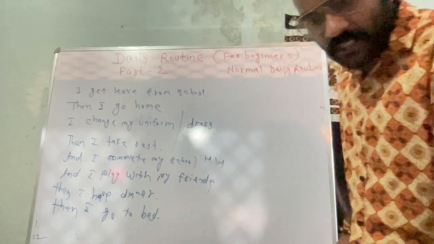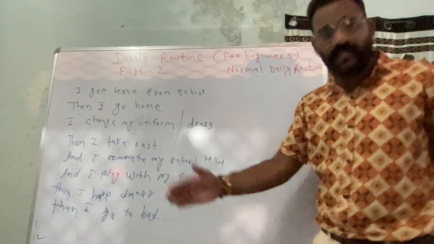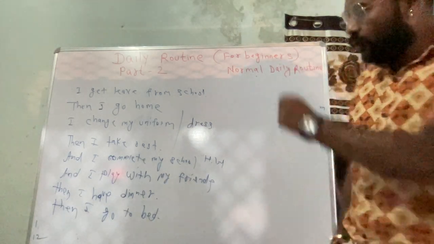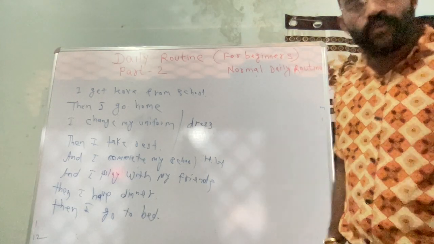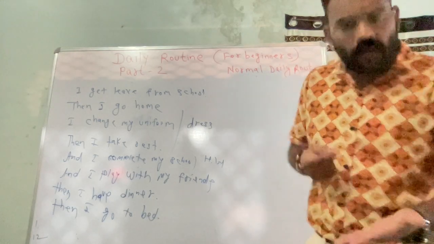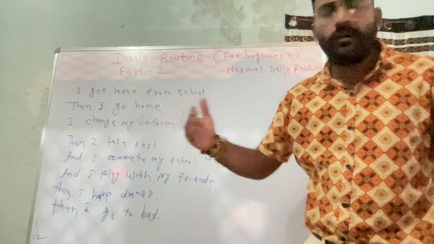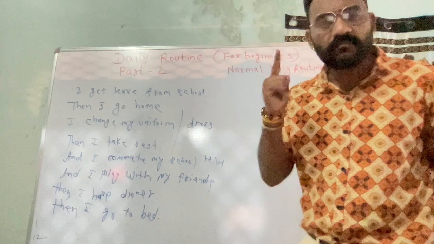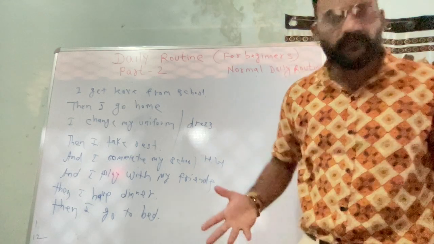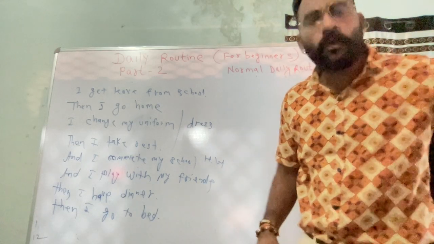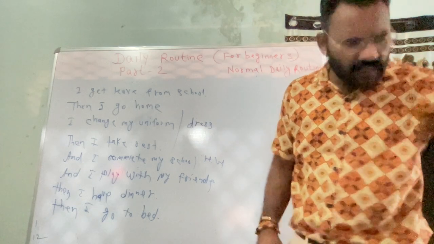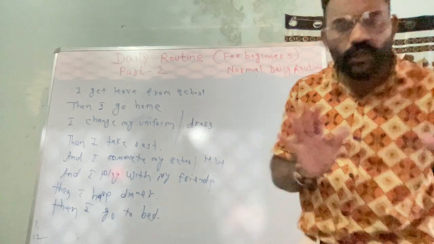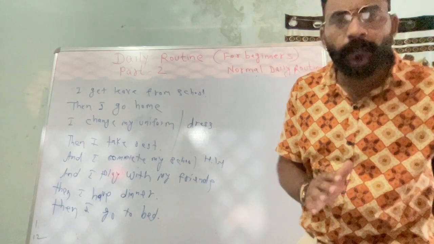So my dear lovely students, these sentences can help you make your daily routine. If you utilize all these words, note down these sentences and practice in front of a mirror. Once you have practiced, then allow yourself, do not worry, speak loudly, call your mom, mama please stand here, I'm going to speak something. If you do not get any reply, no need to worry. Let them pass any comment.